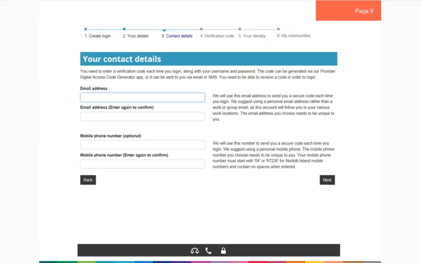Then we move on to getting some contact information which will be associated with the account. Email address is mandatory. Mobile phone number is optional. However, as I mentioned at the beginning of the process, each time you log in, you'll get a 6-digit verification code which you'll need to enter before you can continue. If you enter a mobile number, you'll be able to receive your verification code via SMS if that's most convenient